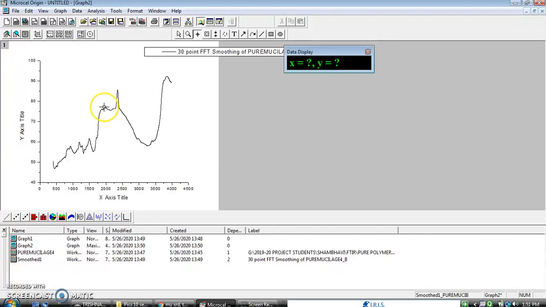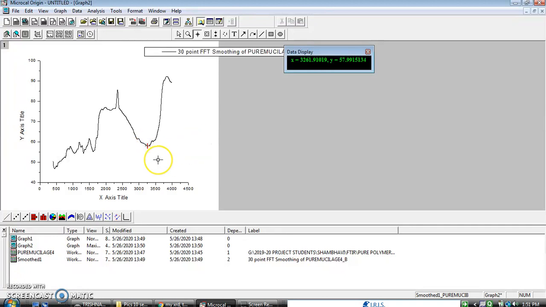suppose from previous literature, if your compound is unknown, then you have to go for a totally new set of findings. And if your compound is known and others have already worked on this particular format, then you can take help from those references and have an idea that this particular peak and valley correspond to which type of functional group. So let's say I'll put my cursor here onto the screen reader and check it.